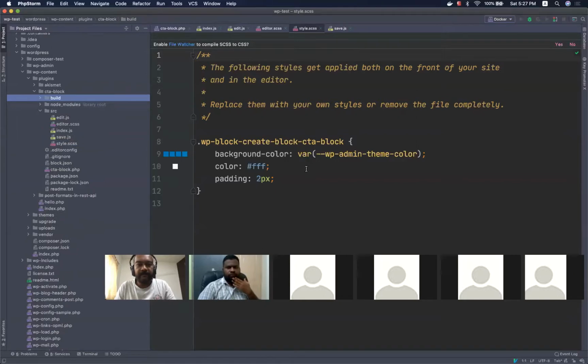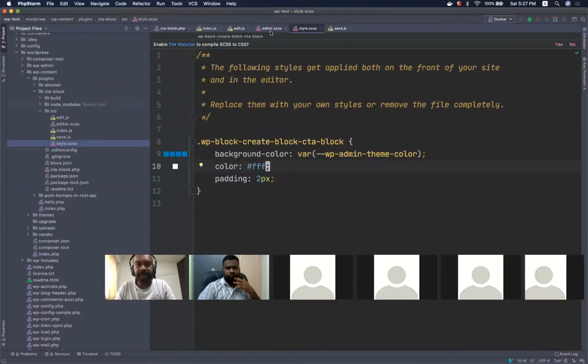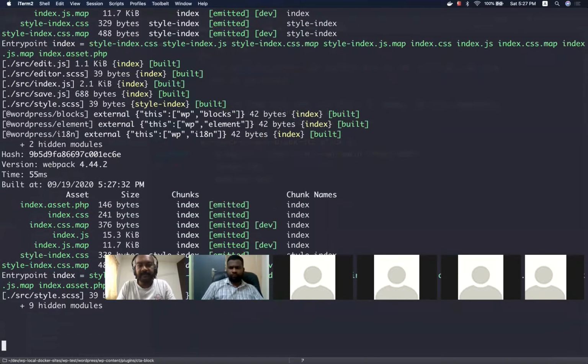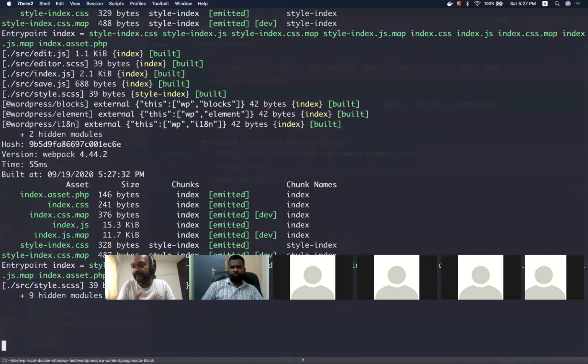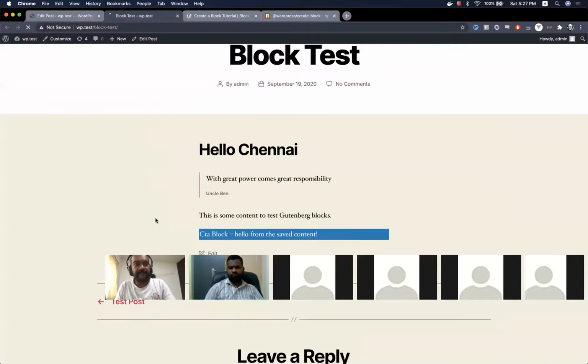Okay, we could quickly try changing it. Maybe instead of white, we can try red. And as I said, since I'm running the npm start command, as soon as the code is changed, it will automatically compile. We don't have to do anything. And when we refresh it here,